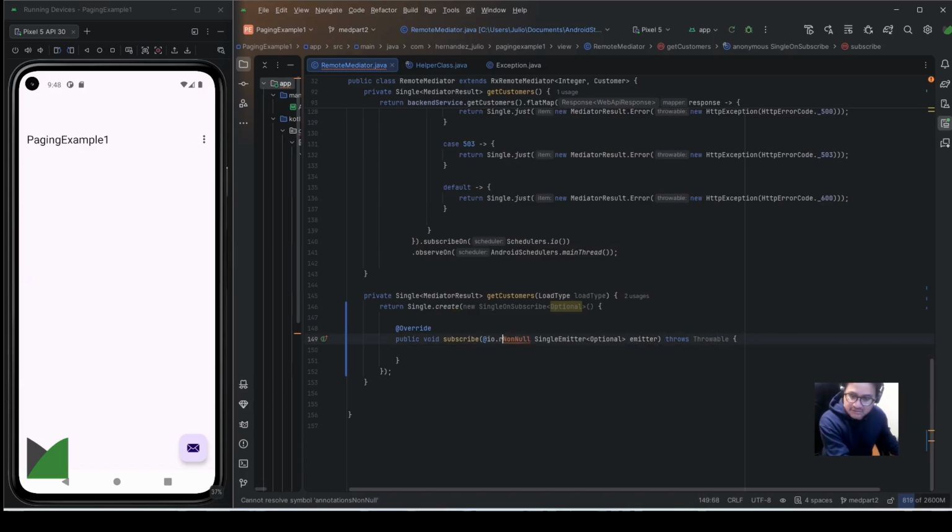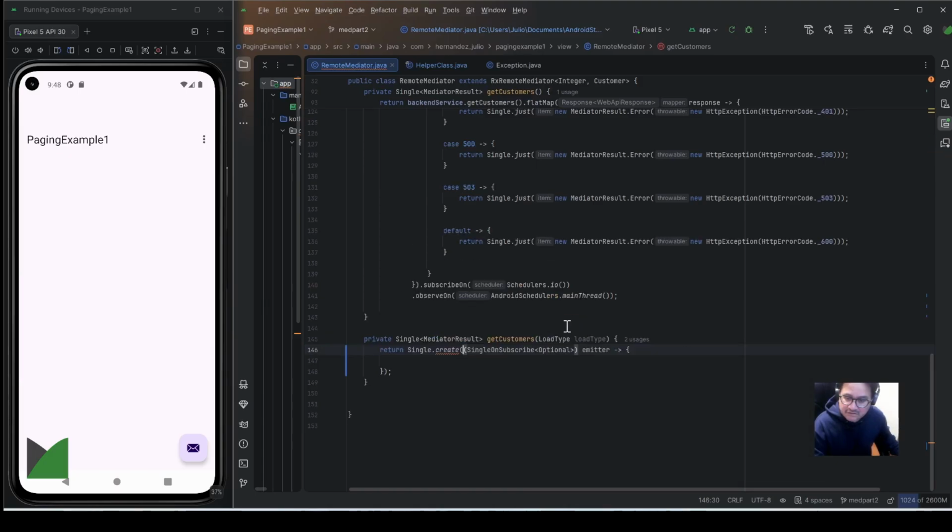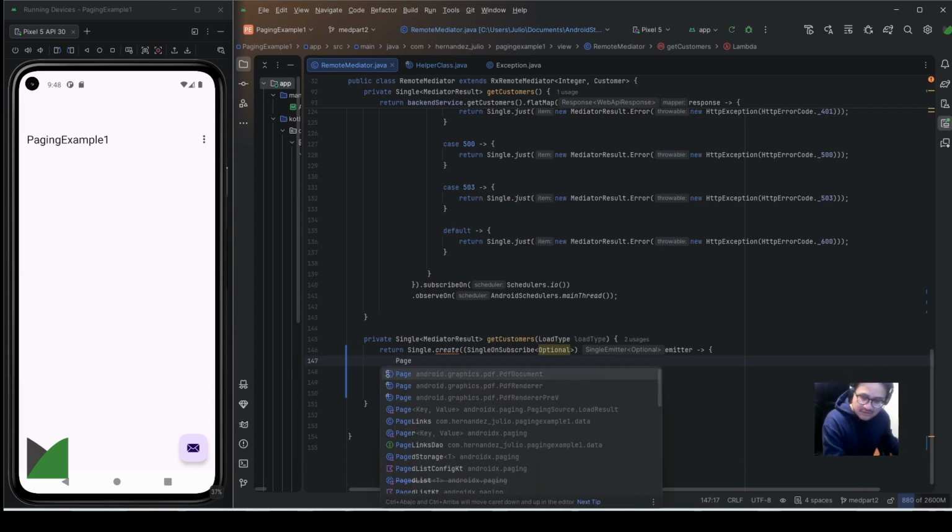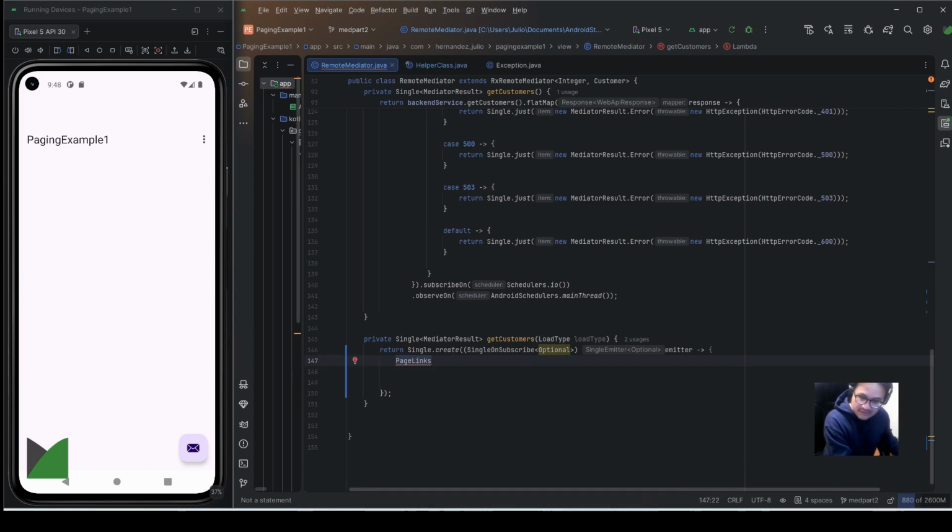I need to import this package. There it is. Now I can replace this with its lambda equivalent. So here I need to get the page links from the database of page links, and this is equal to my repository,